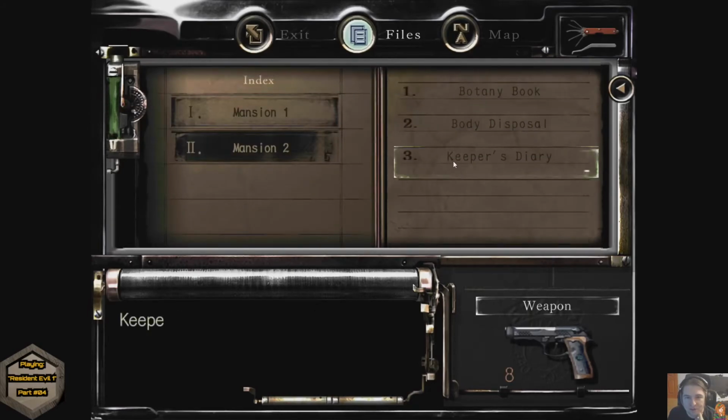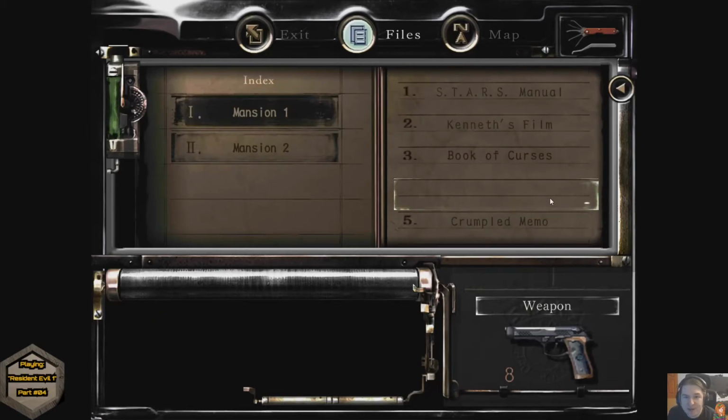No, that's mansion 2. And it's also mansion, not manor, whatever. Botany book, body disposal, keeper's diary. What did I miss? What's number 4? What could it possibly be? You start out with the manual, you get Kenneth's film early on. The Book of Curses you do find quite early on before you even get the first key. And then the crumpled memo